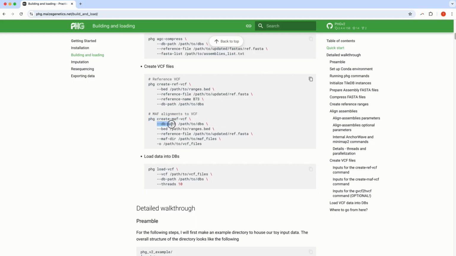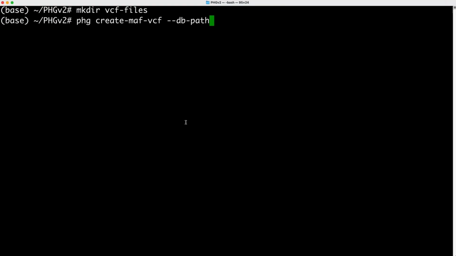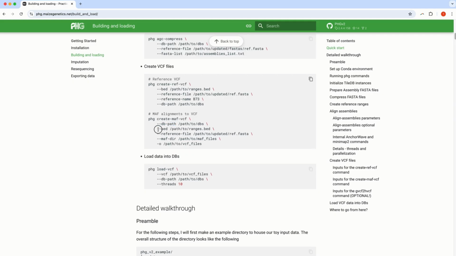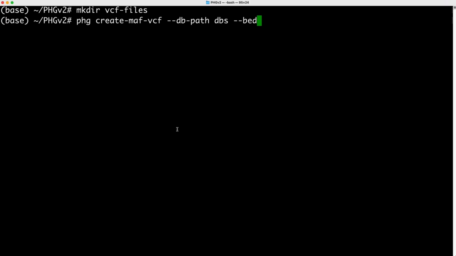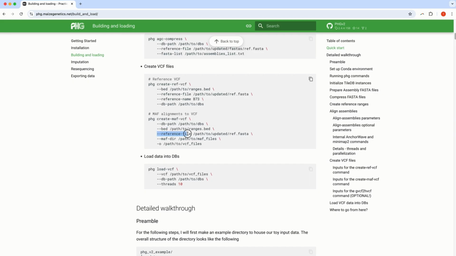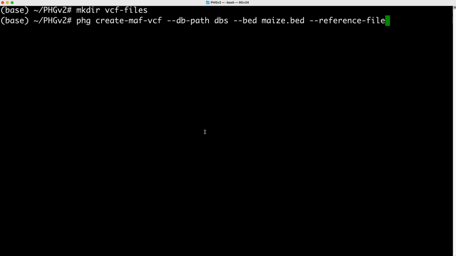create-maf-vcf. The first parameter defines the database directory where the TileDB is, and this is the same as what we've been using, dbs. The second parameter defines the bed file, which we also created previously in create ranges, and that is named maize.bed. Third parameter defines the reference file, and we created this earlier, and it's in